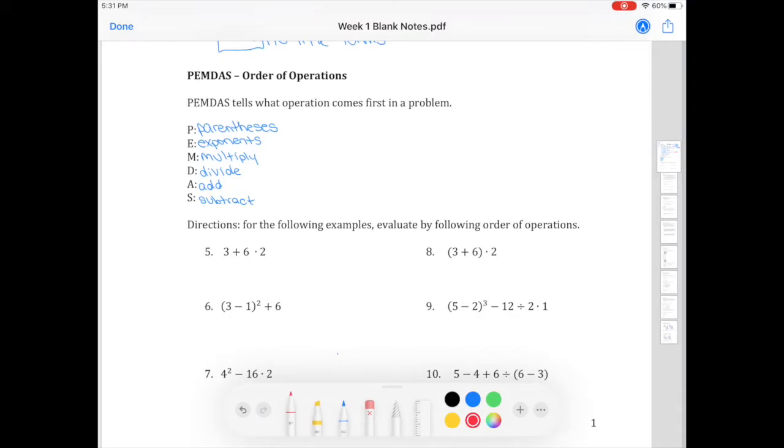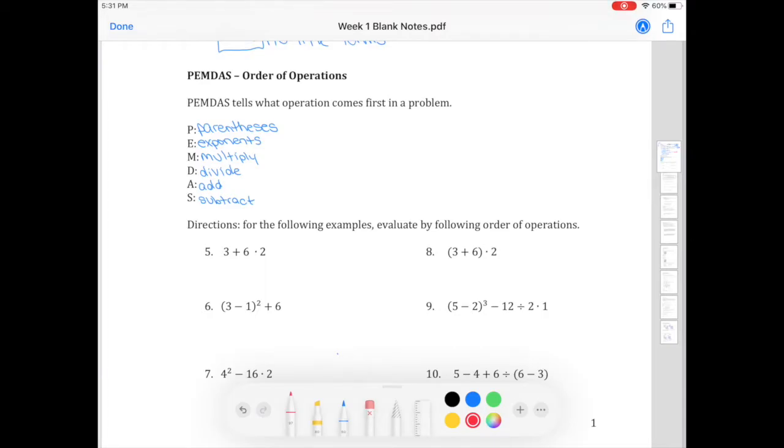All right, so that is a lot to remember. You can think of the word PEMDAS. That's probably the easiest way to think about it. If you can't remember the word PEMDAS, you may be able to think of it as the saying, please excuse my dear Aunt Sally. Please for P, excuse E, my dear Aunt Sally. That's how they teach it at a lot of high schools. So that might be something that you've heard before. Instead of remembering the word PEMDAS, just think of the letters in PEMDAS, and it stands for please excuse my